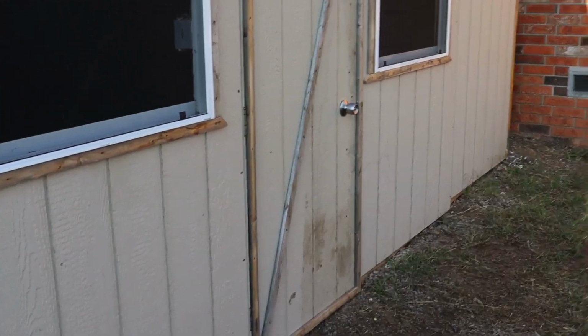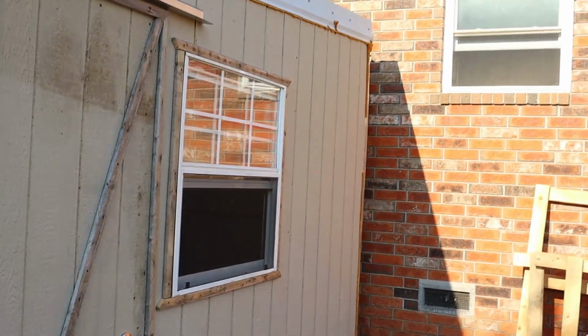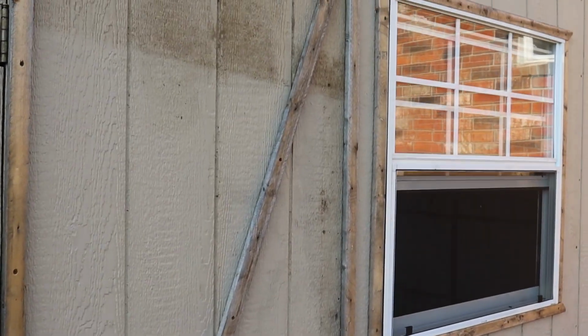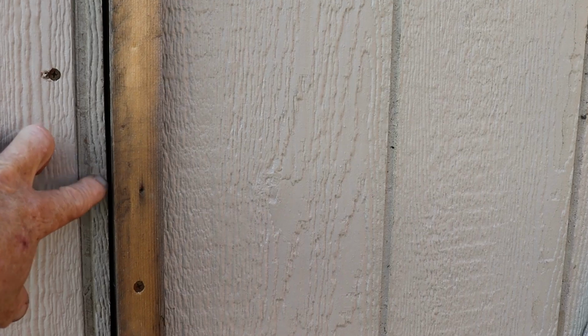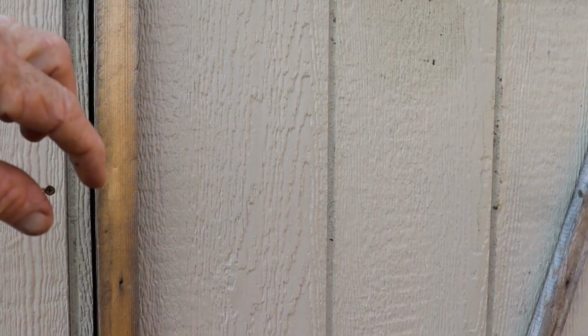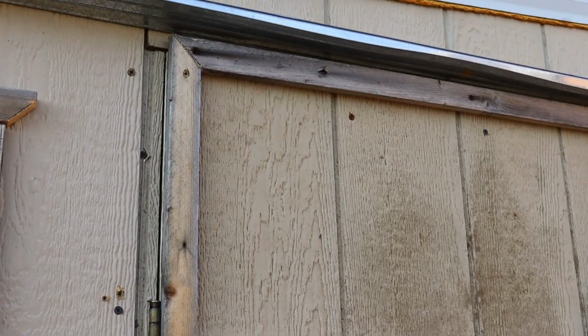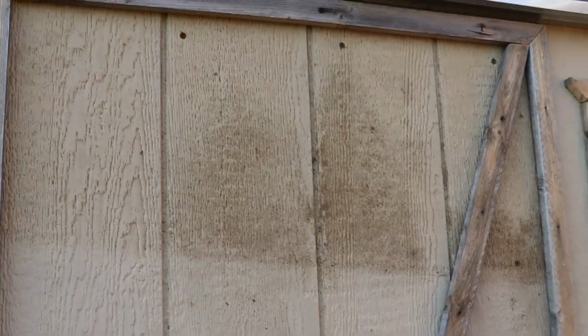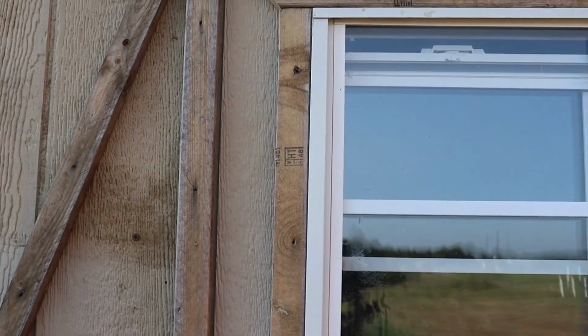The door had that plastic wrapped around it, and they really did a quickie job. So I tried to make a little more efficient job with it, and just little things like right in here I had to add this little tiny piece of trim because there was a gap. So you can see how that kind of filled that in. And then the way they had this sided and everything, the door looks bigger on the outside than it really is, because on the inside,